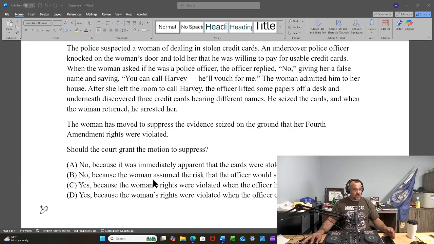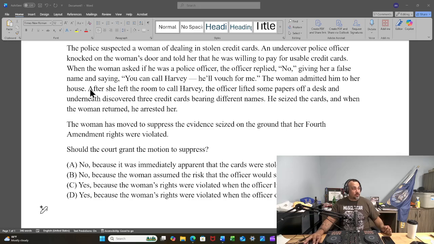B, no, because the woman assumed the risk that the officer would seize items in plain sight. So were they in plain sight? For something to be in plain sight, there's basically a two-prong test here. One, is the officer in a place where he's lawfully allowed to be? In this situation, the woman allows him into the room. All we know, into the house and into a room. All we know is that she let him in,